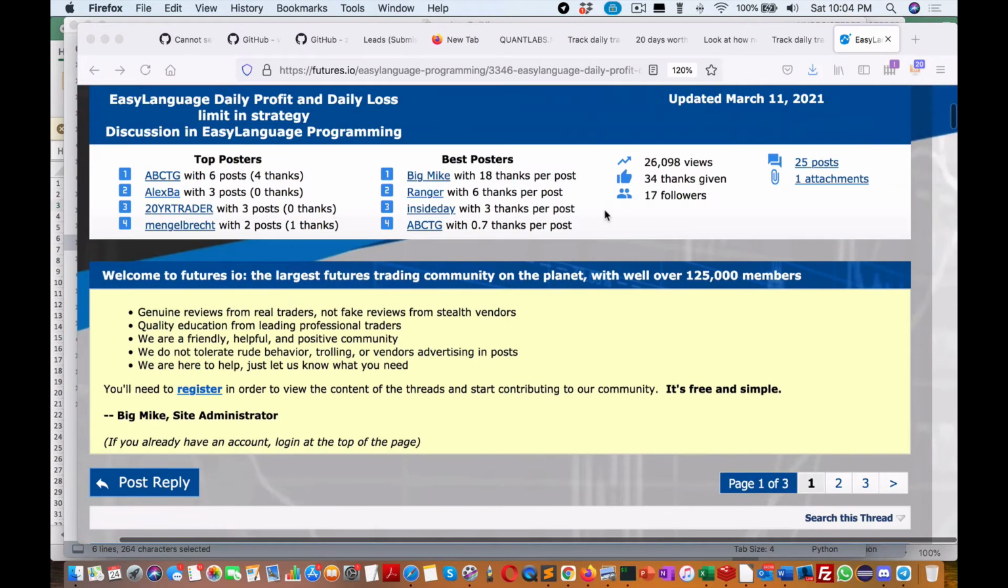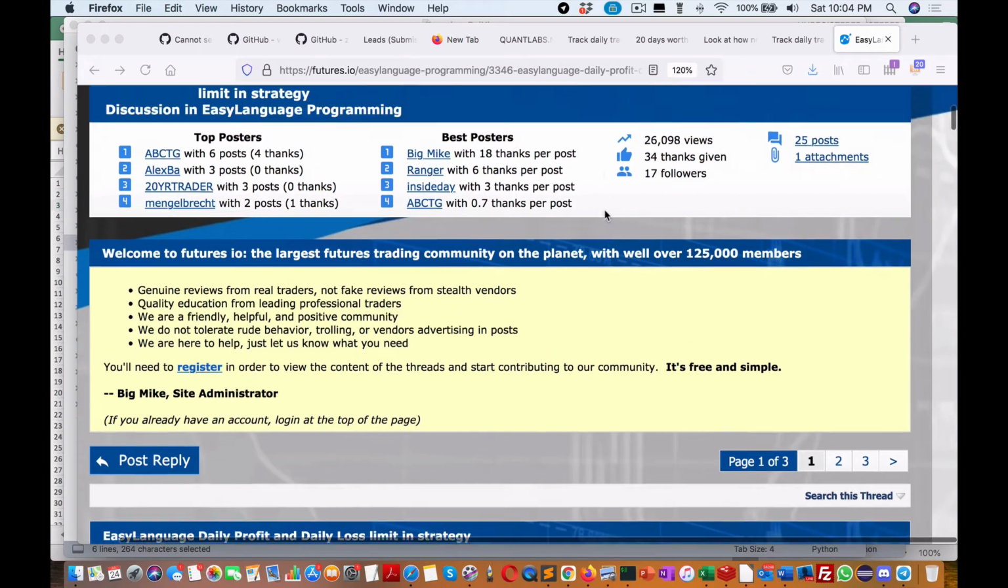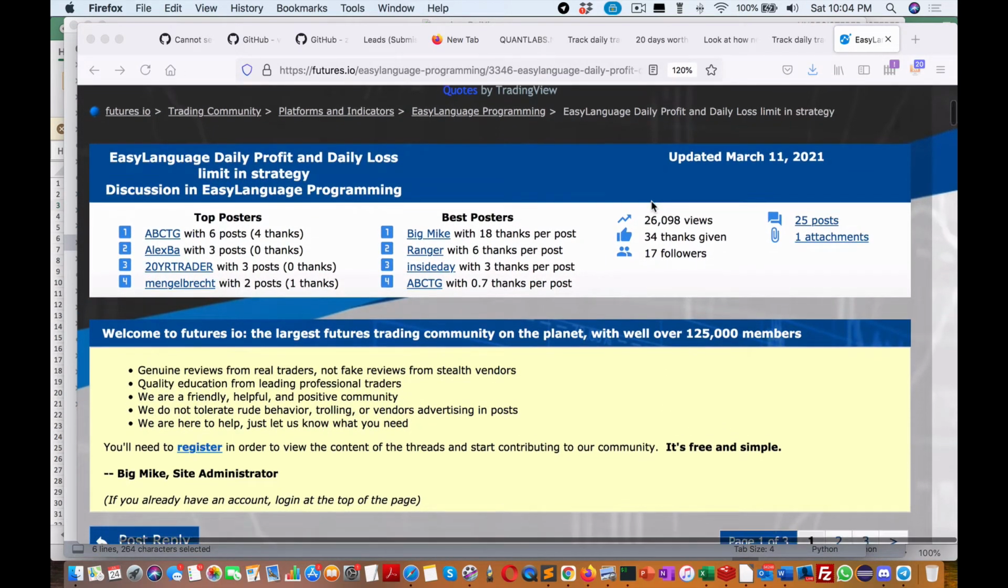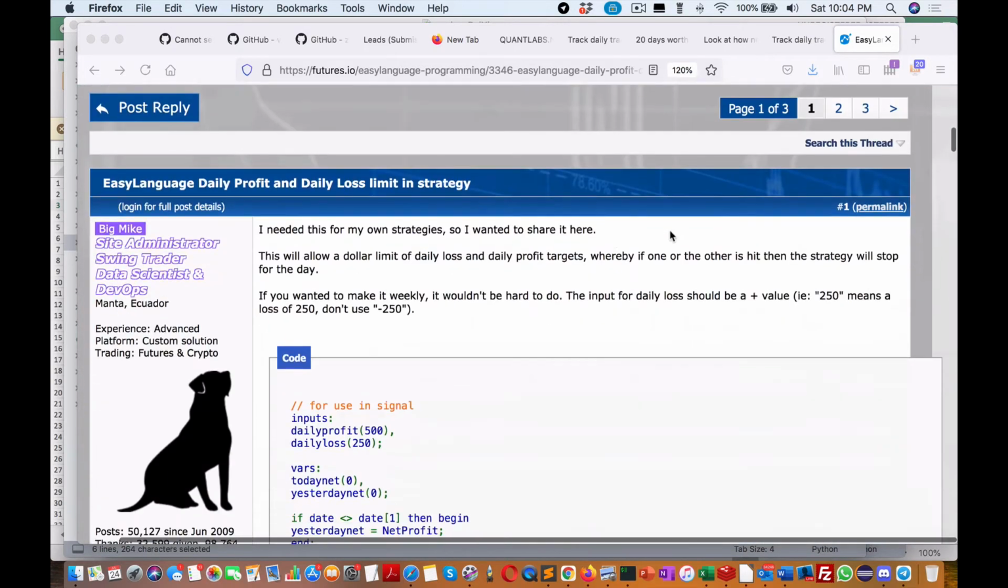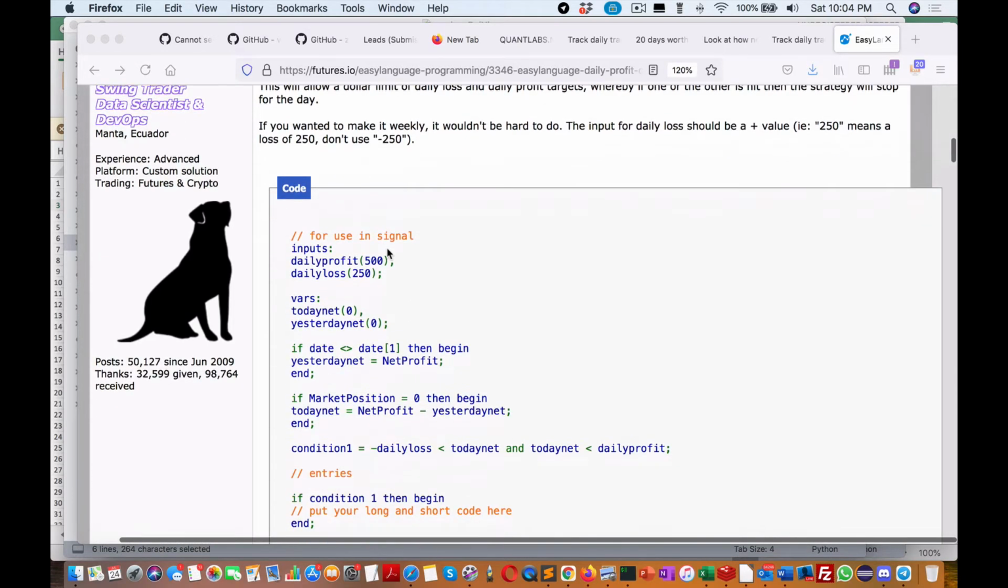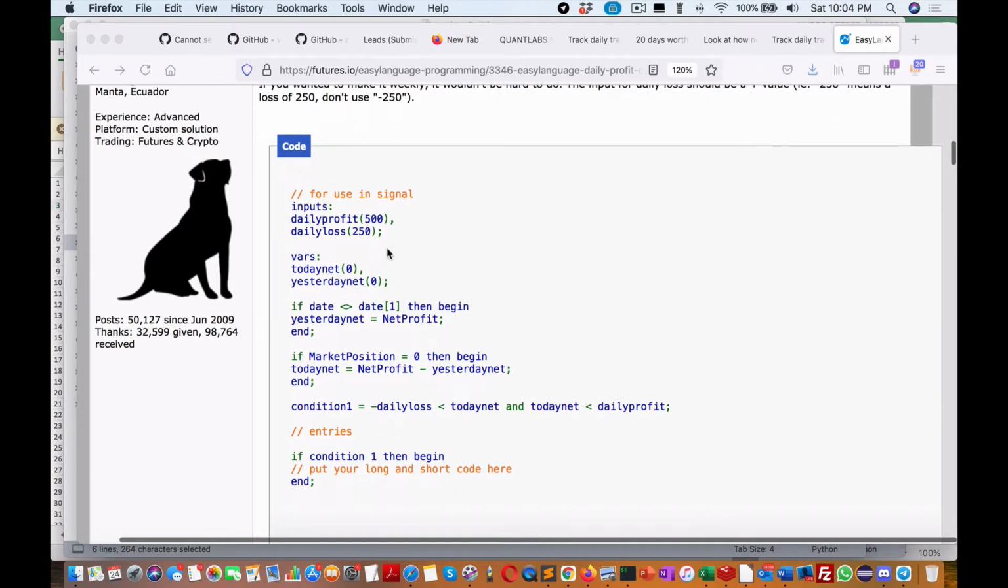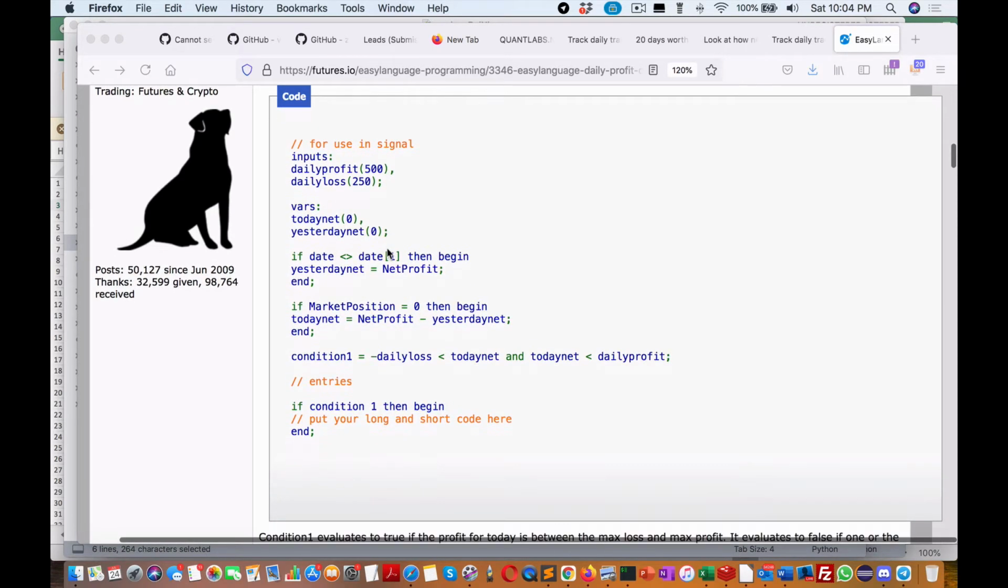So today I want to show you an article I saw a little while ago. You can see here, found on futures.io from Big Mike, the system administrator. What I want to show you is how to figure out your daily targets. And it's dynamically calculated, not meaning you just pull it out of thin air and be comfortable with it,